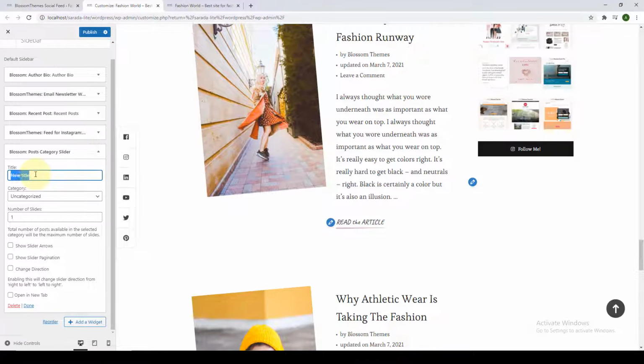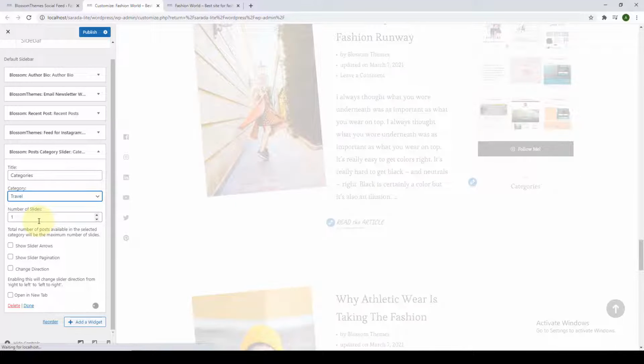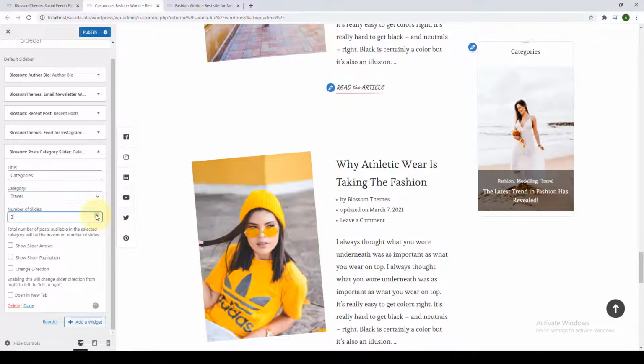Change the title from here. Select the category from the drop-down option. Whatever category you select, the posts from that category will appear as category slider in our widget. I'm going to select Travel. You can select number of slides from here